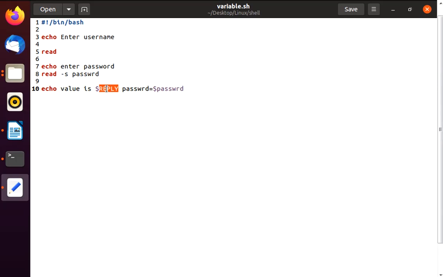Now let's see how we can pass command line arguments to your script. So what are command line arguments? Command line arguments are the parameters passed to your code while we are trying to execute it.